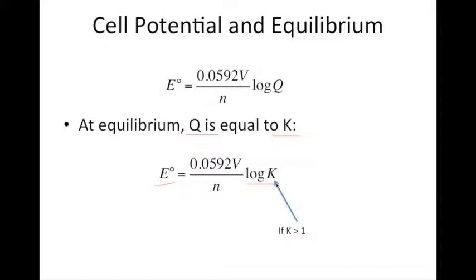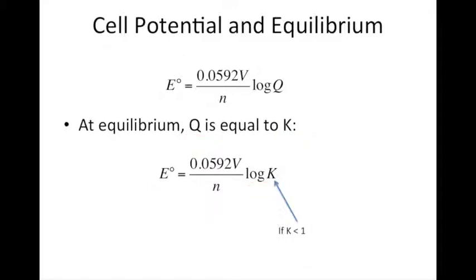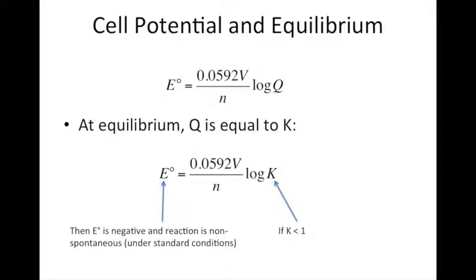Now, just one quick relationship here. If you have a K value that is greater than 1, then our standard cell potential will be positive, and that reaction will be spontaneous under standard conditions. If the reaction has a K value less than 1, if we take the log of something that's less than 1, we get a negative value. And again, be sure you check this to prove it to yourself, but if you take the log of a number that's less than 1, you get a negative value. So that would give us an E standard that is negative,